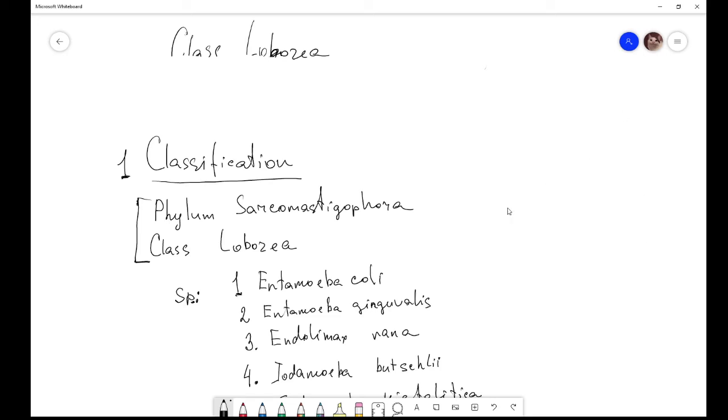The next stage of our learning of protozoology, the pathogenesis of protozoa, parasites of protozoa in class Lobozea. We must learn, as I said, the class Lobozea. What you must know